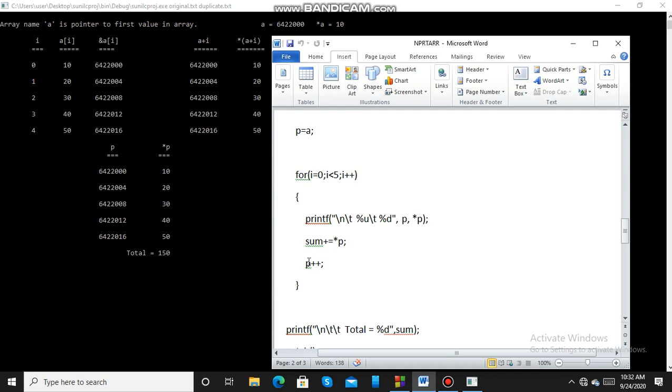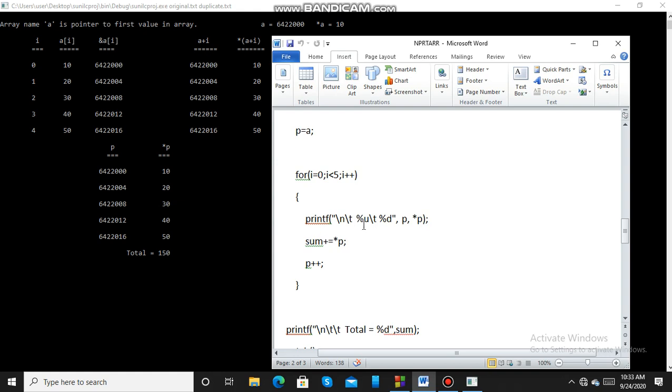Then p is incremented again, it goes to the next address. Every time you increment, it will increase 4 bytes and go to the next address. And print p, that is 6422008. Dereferencing the value in that address gives 30. So that 30 will be added to sum.